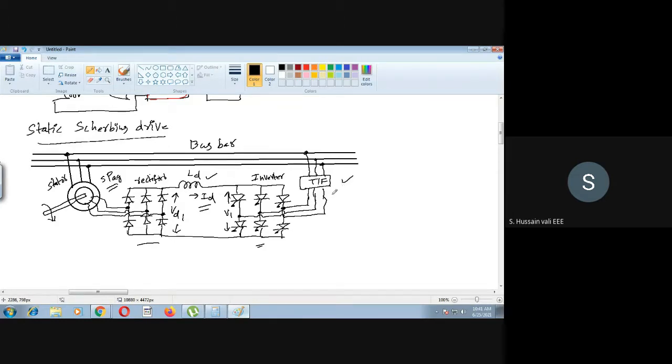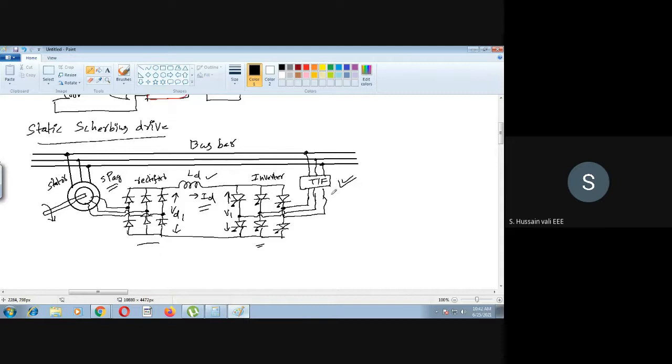Whenever you generate some power and want to connect it to the bus bar, how do you connect to the bus bar generally? I think you know this condition: whenever you connect to the bus bar, two important conditions are there. One is that the voltage level should be the same, in the sense that the generated voltage should be the same as the bus bar voltage. The second condition is that the phase sequence should be the same. These are the two conditions you should satisfy. So the transformer which we put here will change the voltage.